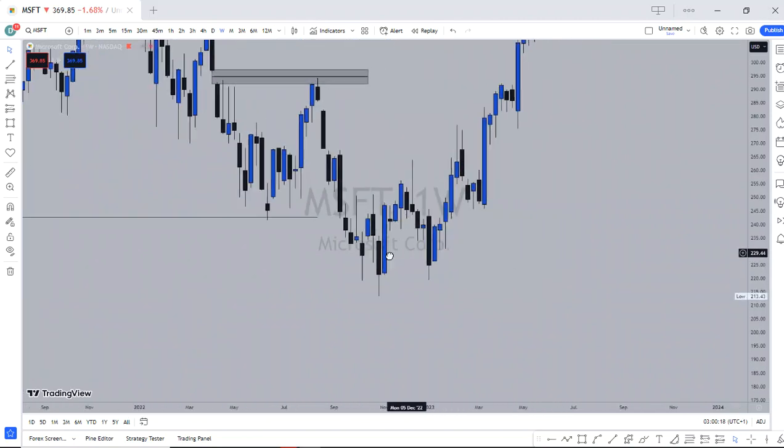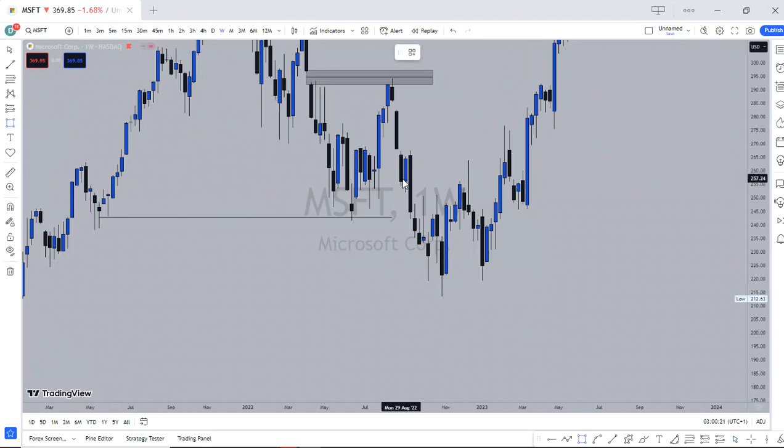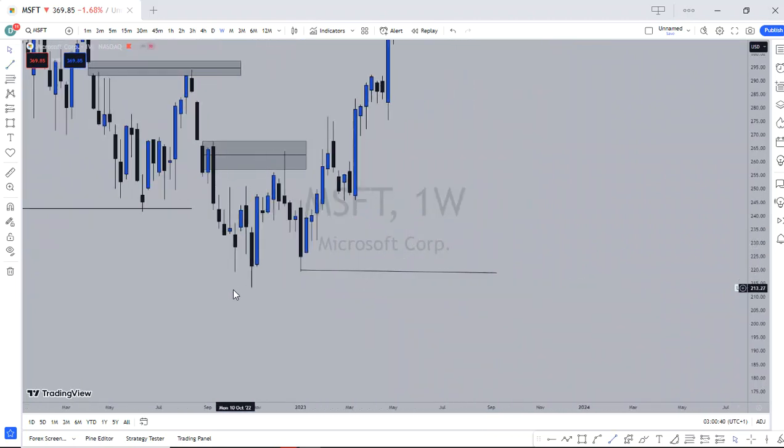Now, where do we see that? We can see that we have an area of order block resting right here. Now, we have not gotten any confirmation yet after the liquidity pool was taken out. We are looking for what? A structural shift. So price traded the area of supply, it traded lower, and what did it give us? It gave us a failed low, right? So we have a failed low. This low is protected, and it hunted this candle's low. It traded higher, and what did it do? It gave us a structural shift. We have a break of market structure and a violation of the supply zone. So that means that supply is not valid.